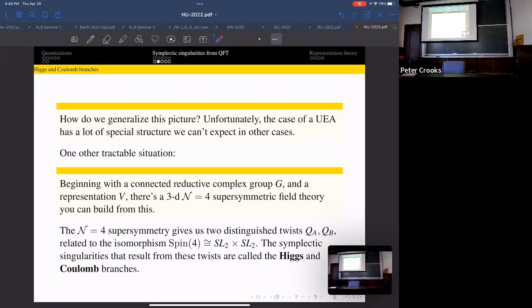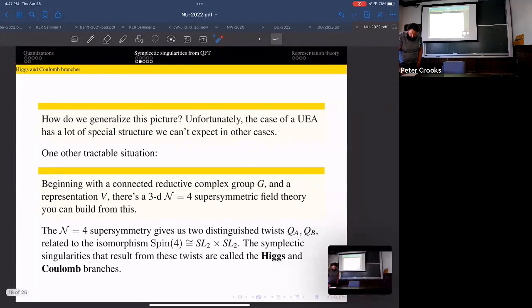And I think this is actually one of the things which has confused mathematicians for a long time, that they've been looking at the wrong definition of the Higgs and Coulomb branches, and that it's actually more natural to think of them as coming from these twisted theories. At least that was a source of confusion for me, because I somehow thought this whole moduli space of vacua was